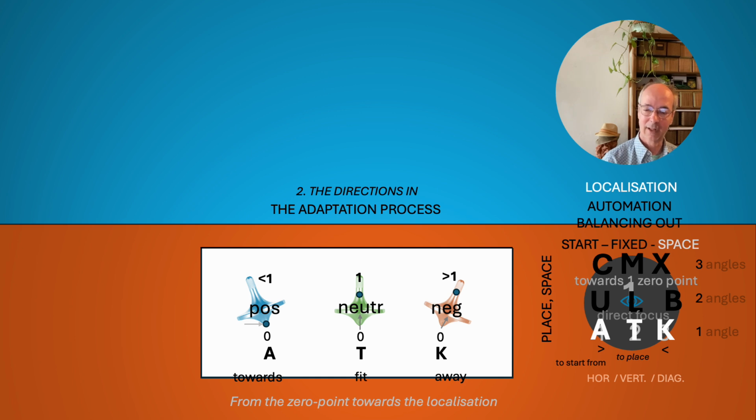So these things help. It's not just localization, there are also some directions to point us in the right direction, even though A, T, and K are just in one point, already sensible in that one point. And there are three different ways to different points. What you also have is that adaptation point towards it, so that you say, okay, when I find that point, I have to adapt my vocal,